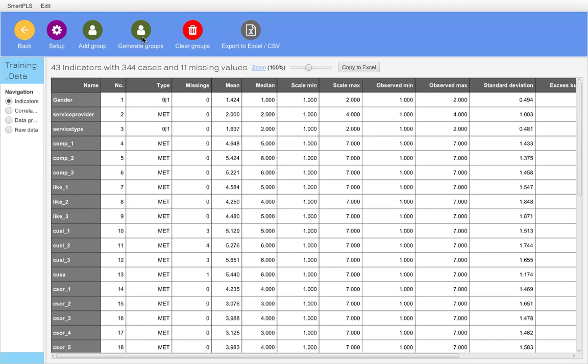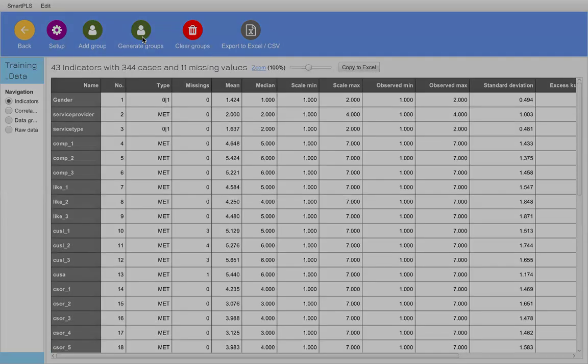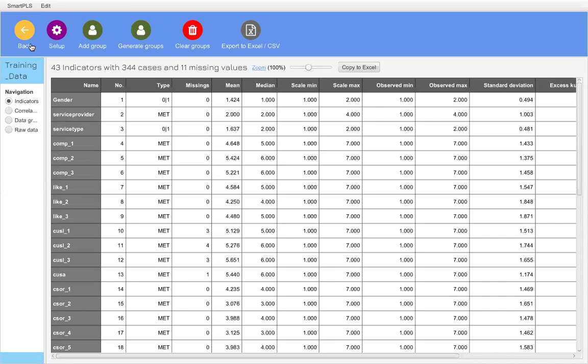Please, are we all there? Not yet. So when you click on generate groups, you see all your variables listed. The first thing is go back to the raw data. Open the data, then this will open up.